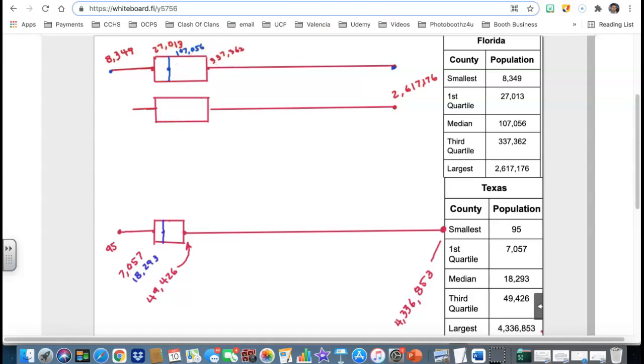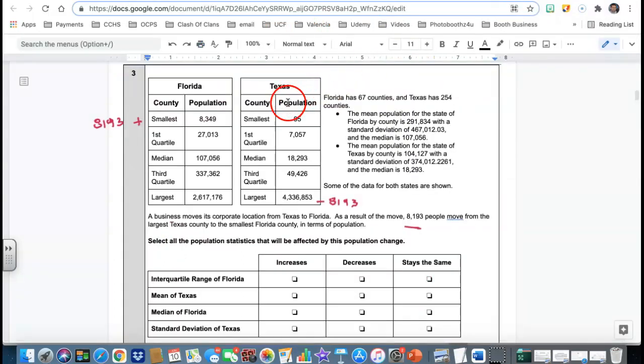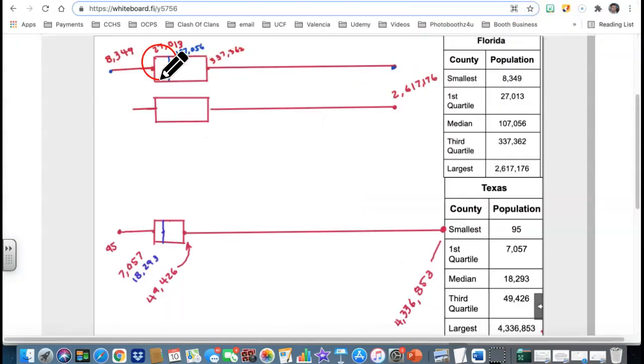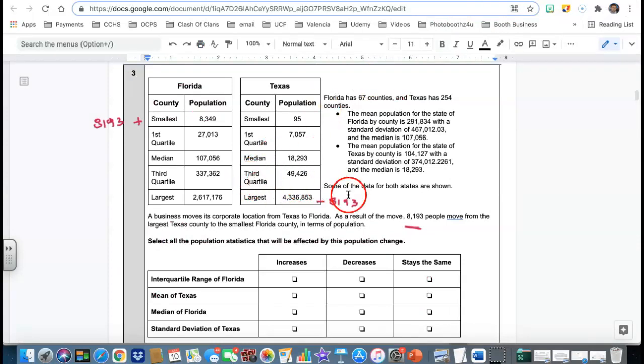So when they ask about the interquartile range of Florida, that's what they mean: the range between the first and third quartile, and whether it is going to change. Again, the second box, Texas, is the same thing, with 27,337 as the maximum value. Now, the problem says that from the largest, from Texas, went 8,100 people, 8,193, to the smallest